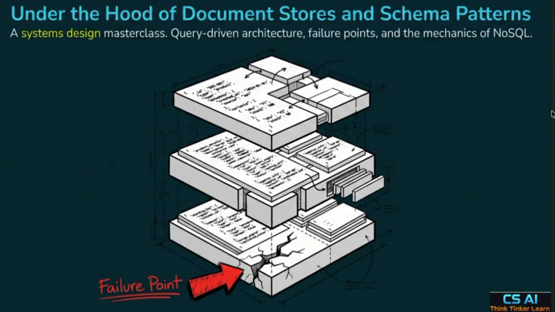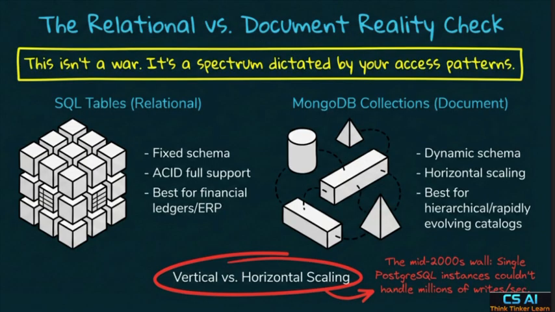And let's now pull the mechanics apart for this topic. The debate between relational and document databases isn't a war, it's a spectrum dictated by our access patterns. SQL tables are the gold standard for fixed schema and full ACID support, perfect for financial ledgers. However, the industry hit a wall in the mid 2000s when single PostgreSQL instances couldn't handle millions of writes per second. This birthed document DBs like MongoDB, which favored dynamic schemas and seamless horizontal scaling for rapidly evolving catalogs and